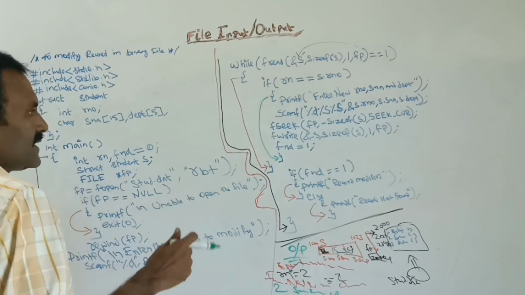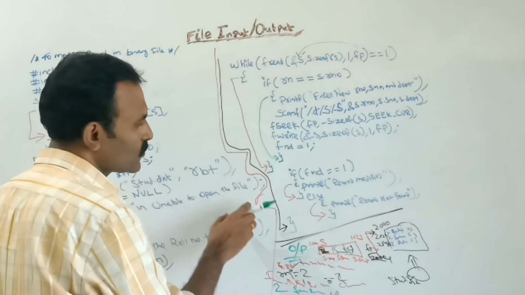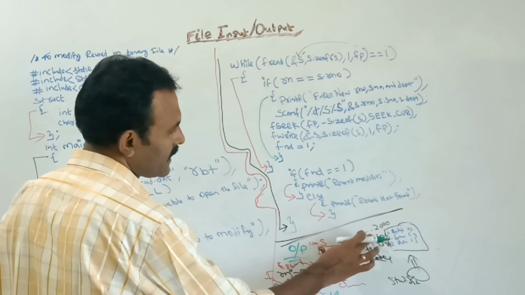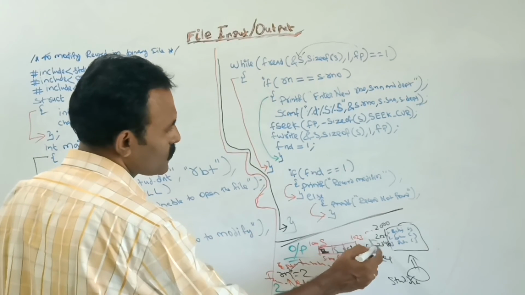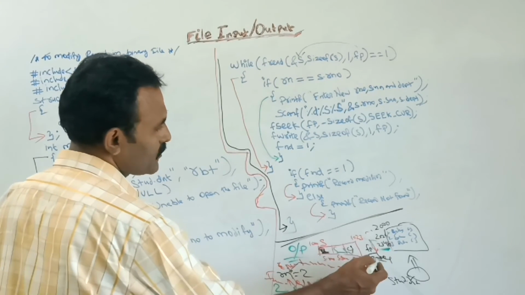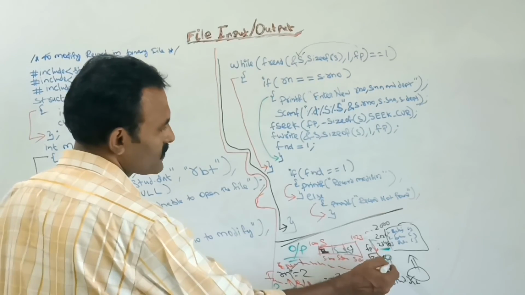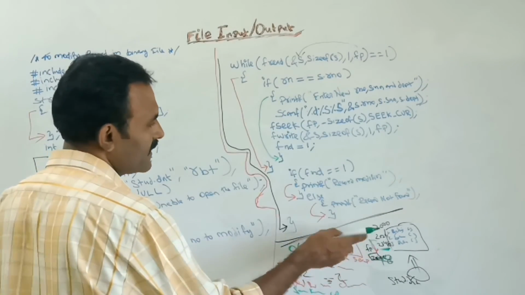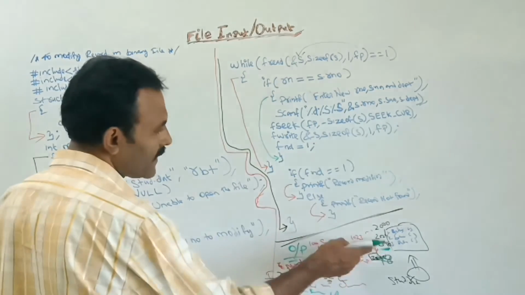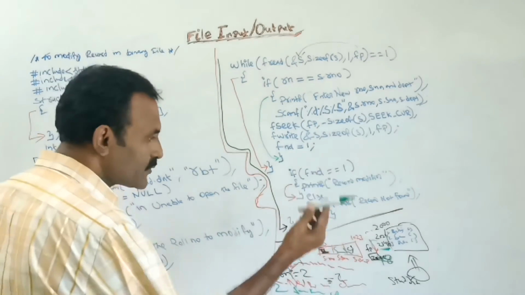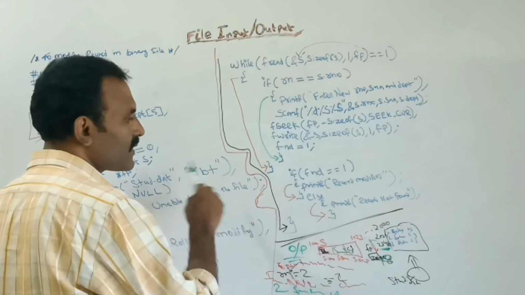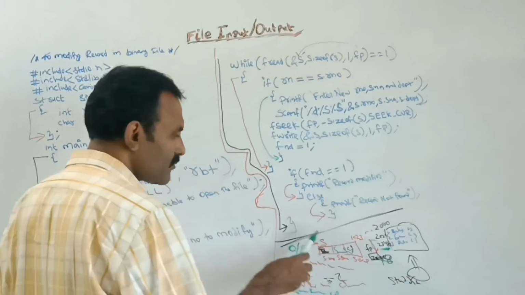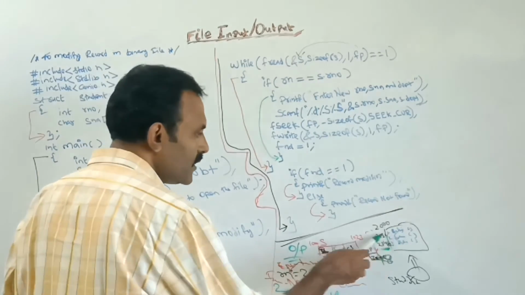Now where is the cursor currently? After reading, it moves to the next record. I have told you, after reading this second record, it moves to the 2048th position. So after reading the second record, the file pointer is at the third record's starting position. So I should bring it back. Next, from 2024, I need to write that new record which I had modified. That record I should place here.